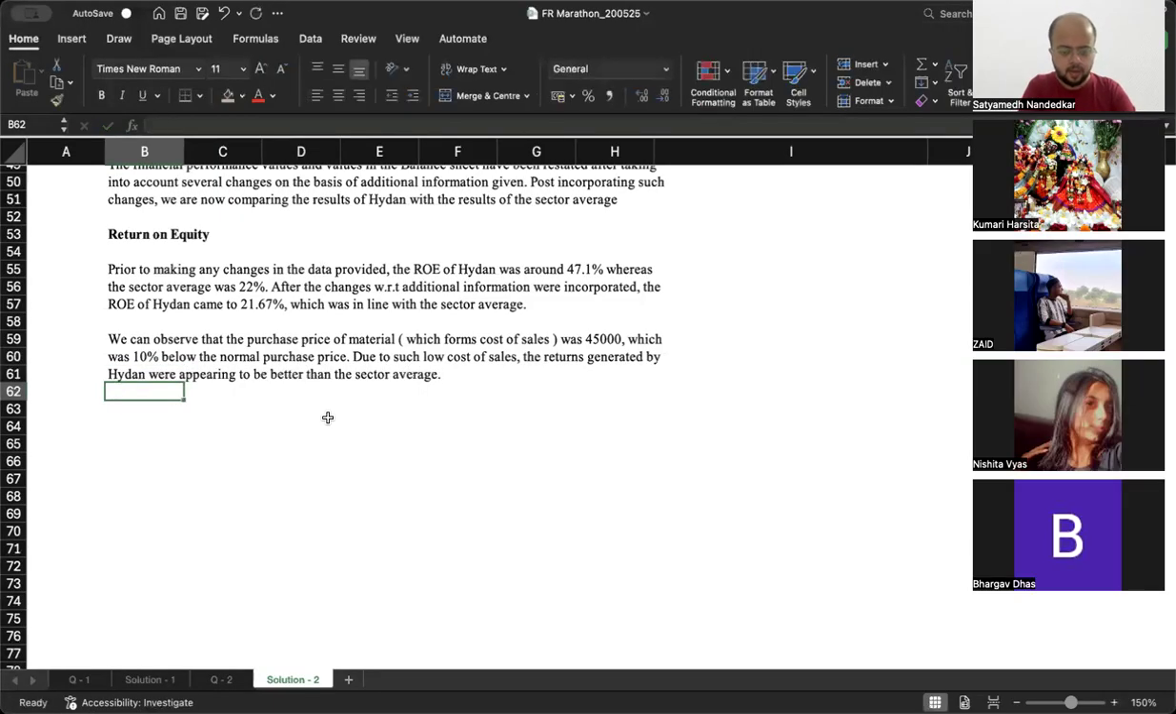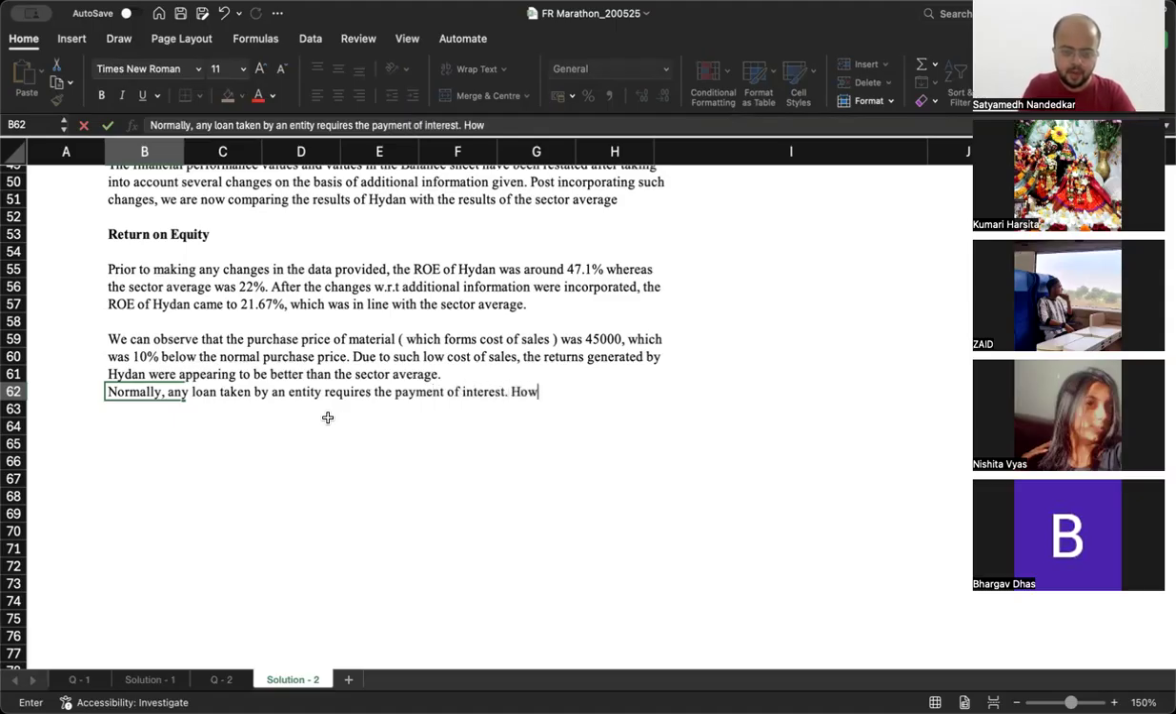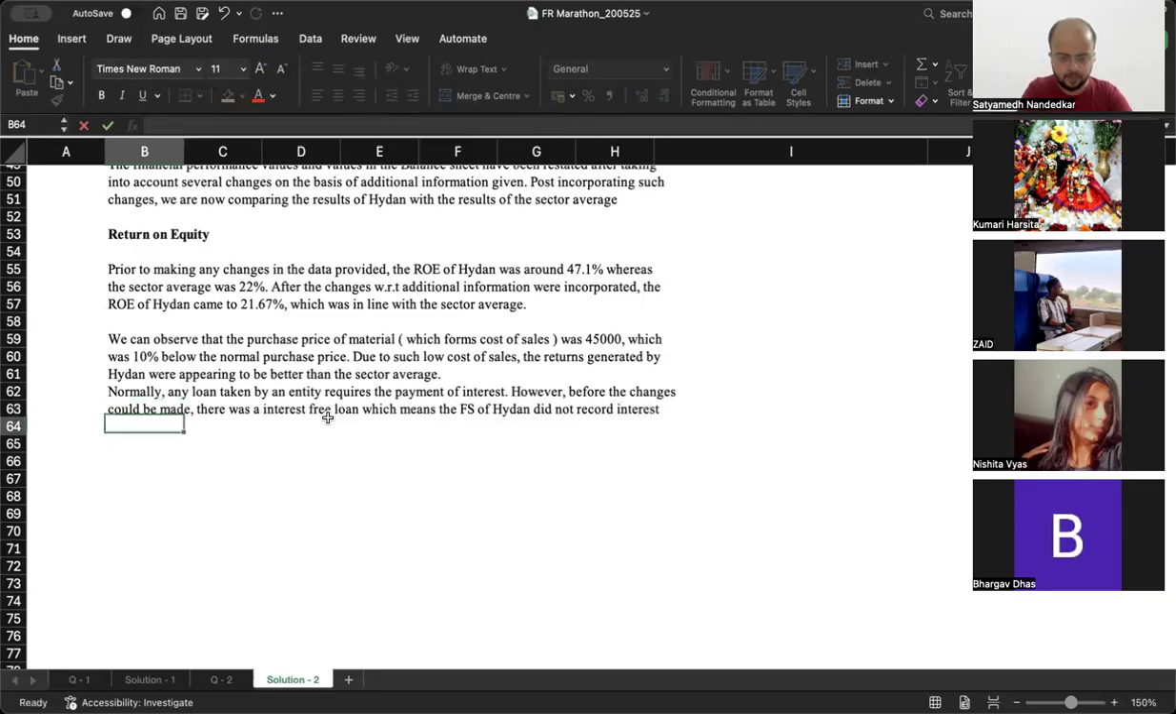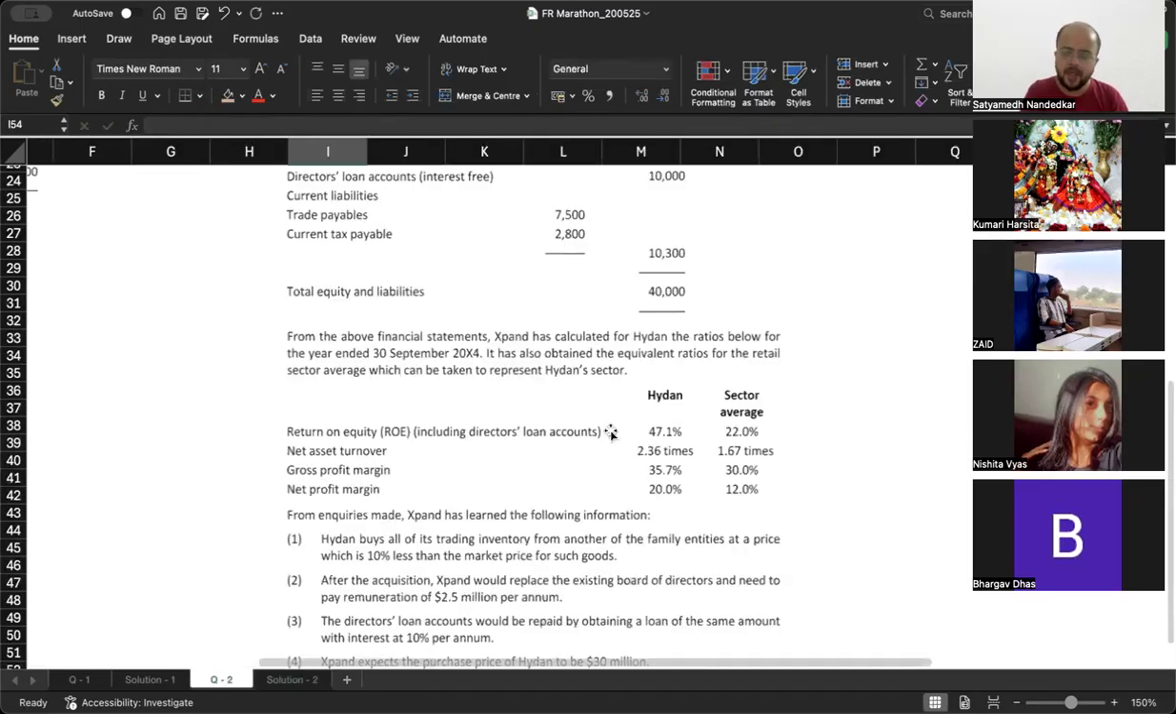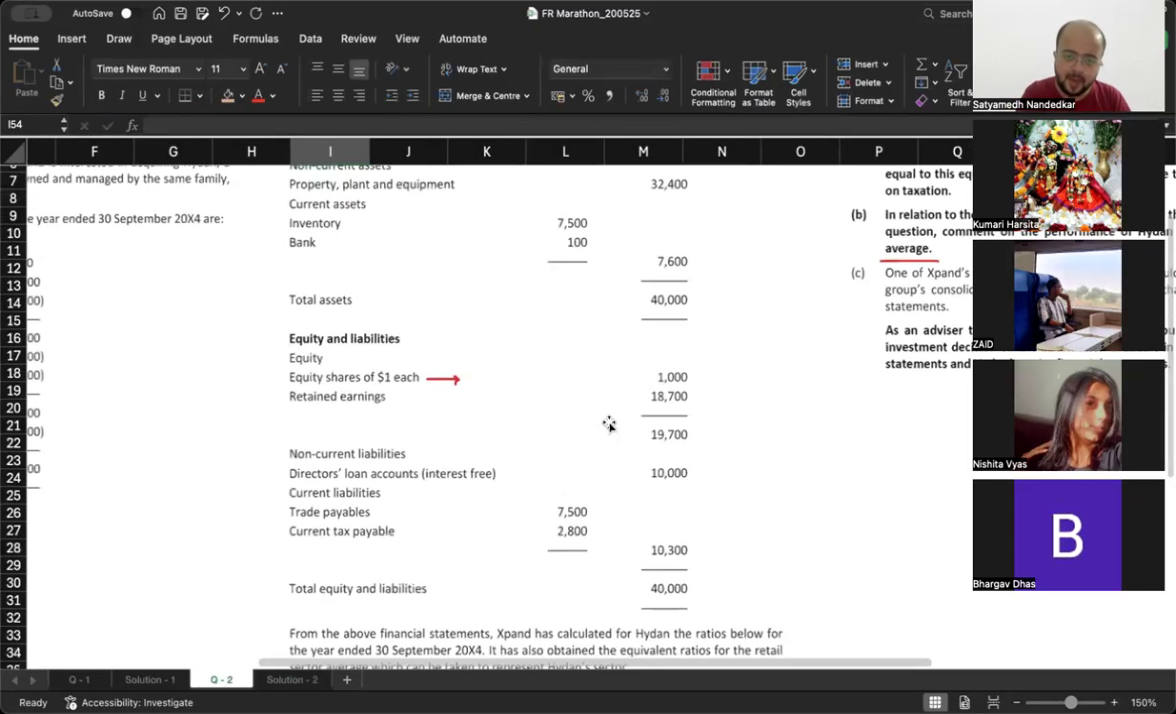ठीक है. Now, normally, any loan taken by an entity requires the payment of interest. However, before the changes could be made, there was a risk, not risk-free loan, there was an interest-free loan. ठीक है. There was an interest-free loan, which means the financial statements of Hayden did not record interest expense. ठीक है. इंटरेस्ट एक्सपेंस भी रिकॉर्ड नहीं हुआ,